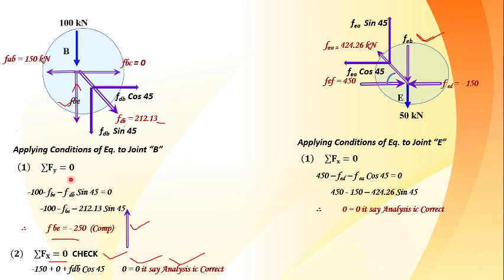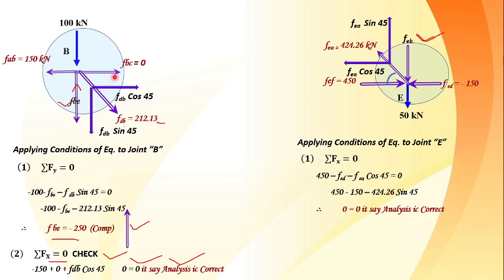So what is the usual procedure? Select a joint, apply the conditions of equilibrium. What are we used to? We are applying the first condition as sigma Fx. But after application, you came to know that 0 is left hand side and 0 is right hand side. You should not get confused, because actually in horizontal direction no force was unknown. So every force was known to you and you are applying the condition of equilibrium.